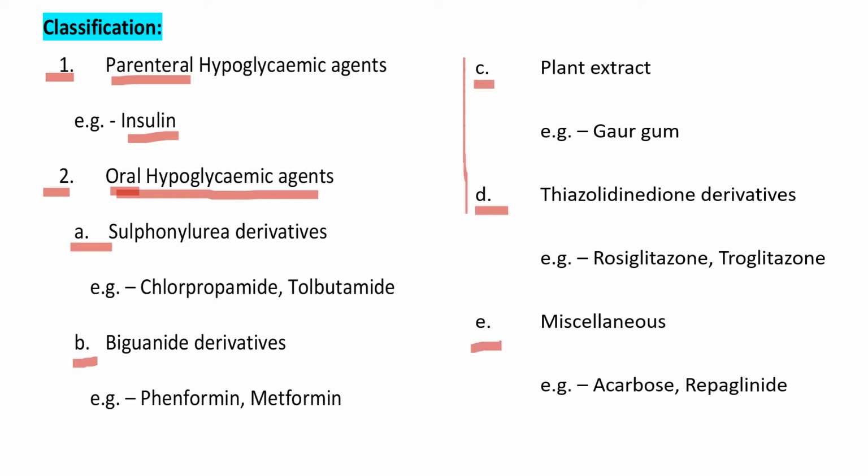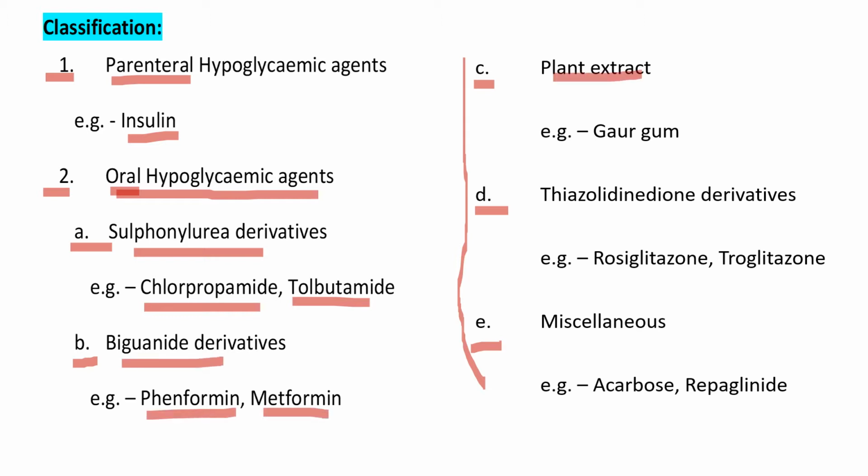and E. Remember, these are also administered by oral route of administration. Sulfonylurea derivatives, example chlorpropamide, tolbutamide, glibenclamide. Biguanide derivatives, phenformin, metformin. Plant extract, gurmar. Thiazolidinedione derivatives, example rosiglitazone, troglitazone, pioglitazone. Miscellaneous, acarbose and miglitol, etc. These are the drugs which are used in treatment of